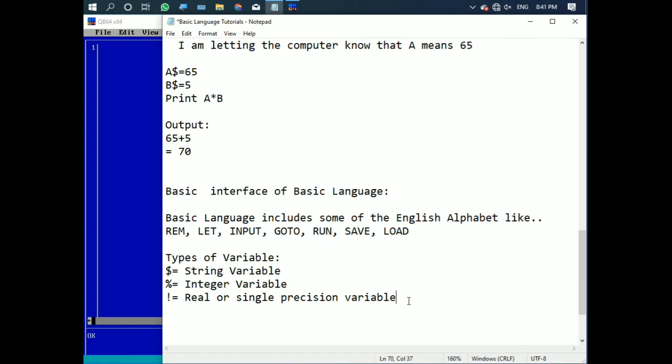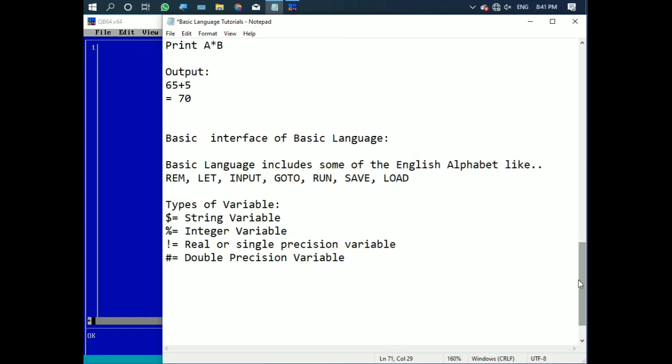And then if we talk about the hash, it includes the double precision variable, which means double real number. So now this thing has been done. Now we are moving on to basic expression.